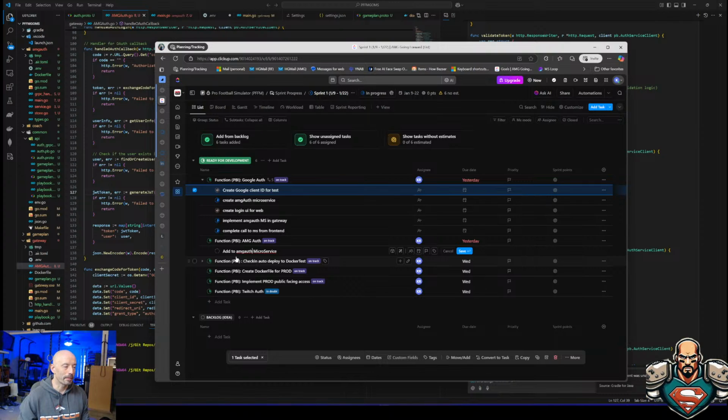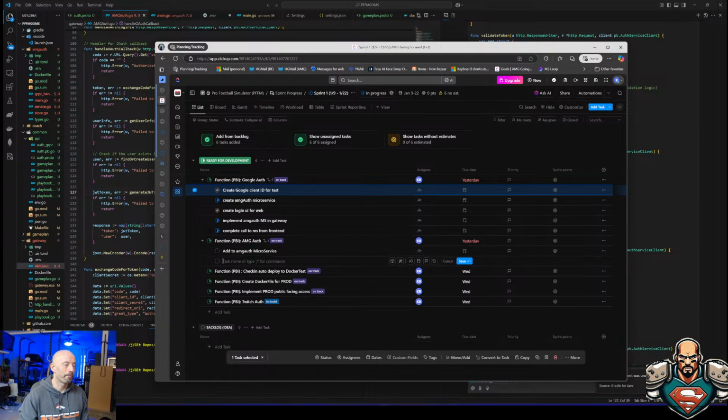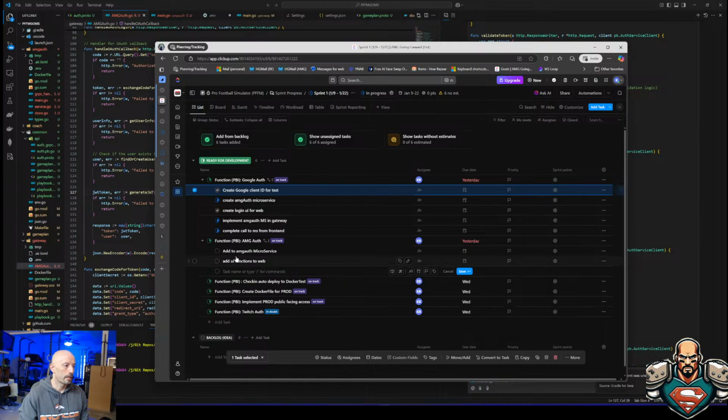There's a lot to it, but I have to add all the same parts. All right, let's just do that. Add UI. Functions to web, and then implement call. Implement UI call to gateway.